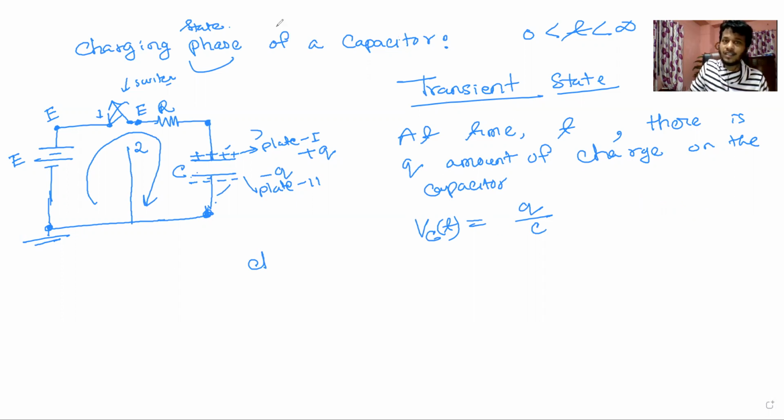Now at this time t, suppose t is any time between the initial state and steady state. Suppose at this time t, the potential across this capacitor is Q by C. We have seen that already. Fine. Then this is 0 volt, right? Because it is connected to ground, right? Yes, sir. And the potential at this point is E volt again, and the potential at this point will also be E volt, isn't it? Yes, sir.